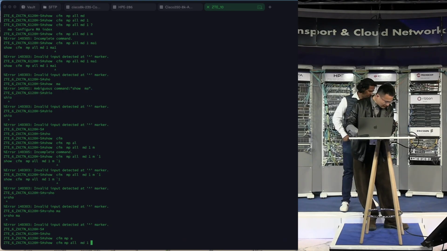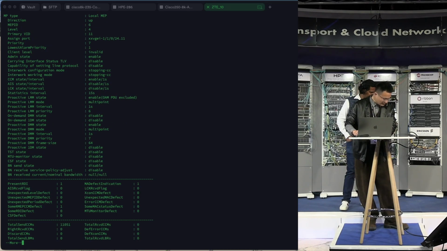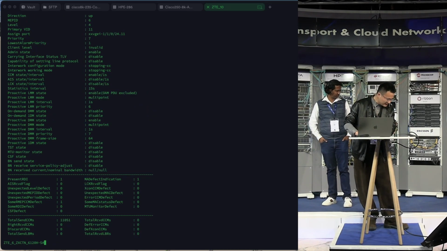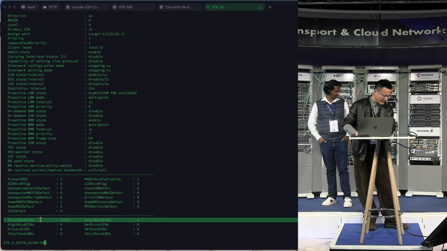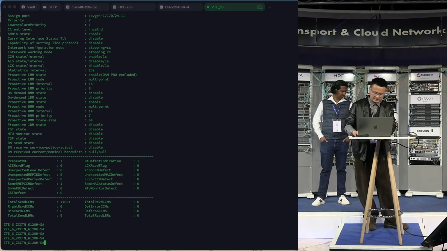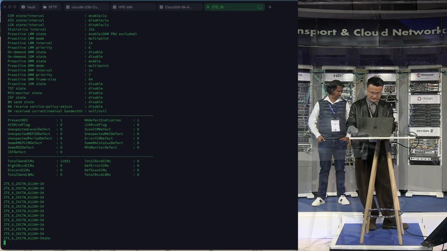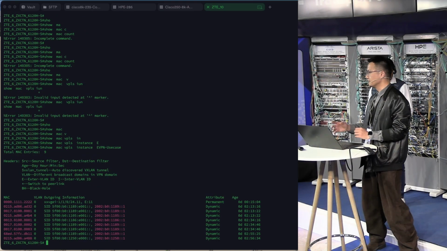You want to use that graph? One. Okay. On this side, we can see we send a CFM packet periodically, and Cisco will measure the latency for the CFM packet. Okay, that's all on this side.